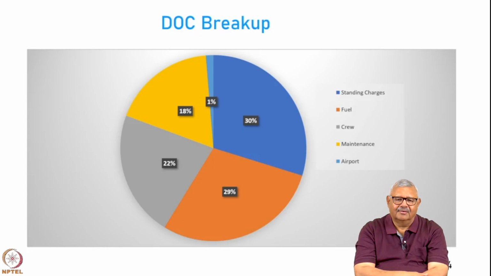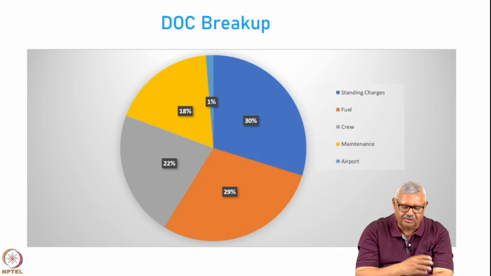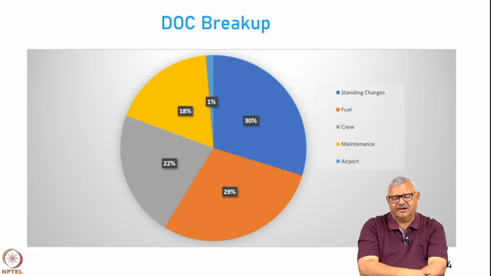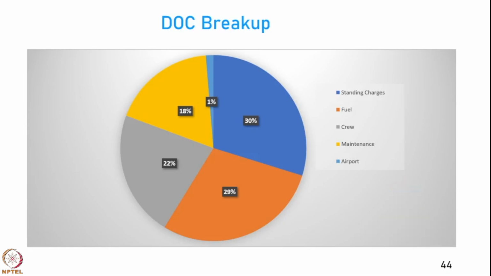Now, just a note before we close, this DOC method is just a theoretical method created by me for my own research purposes, where I wanted to capture the effect of various parameters onto the operating cost. You need not assume this to be the only method. There are other methods available, but I thought this method is enough to clarify to you what are the various components.